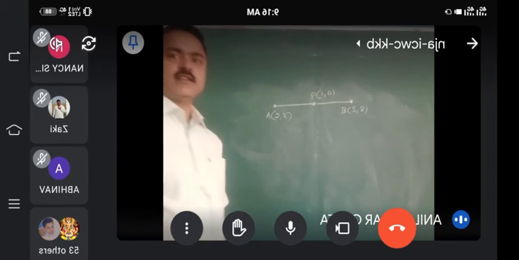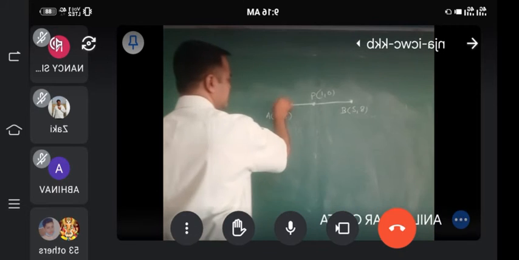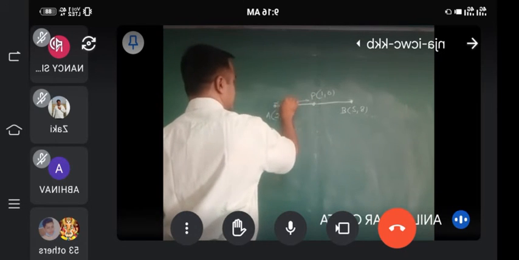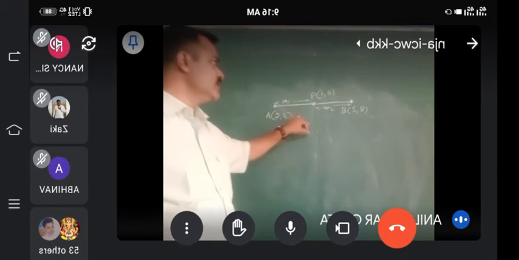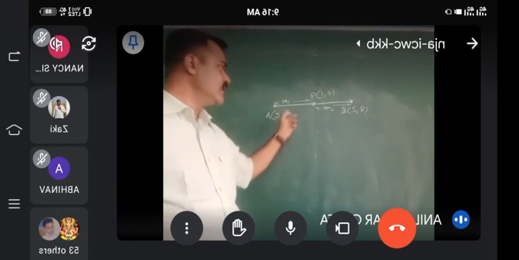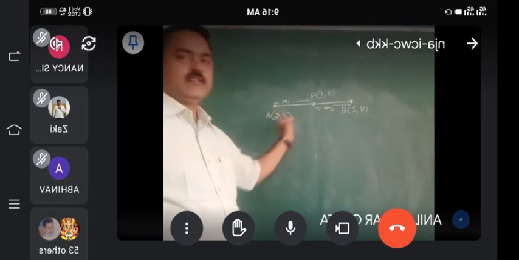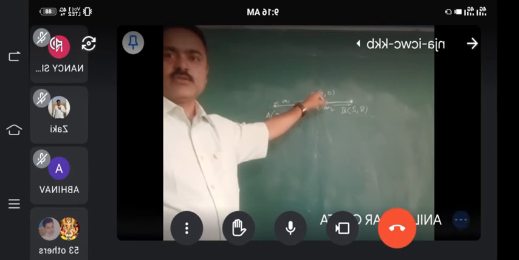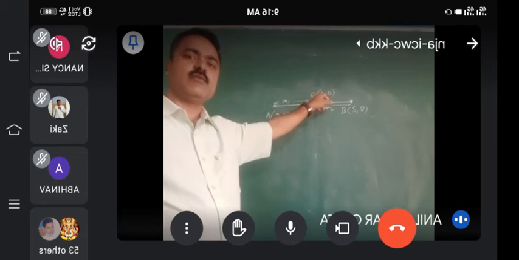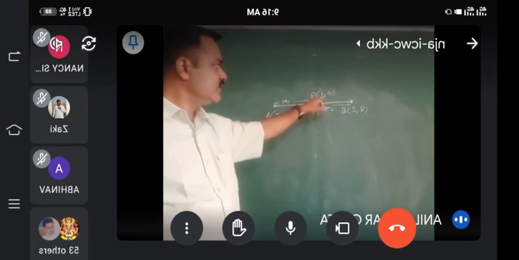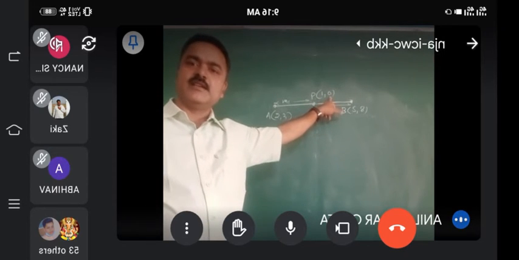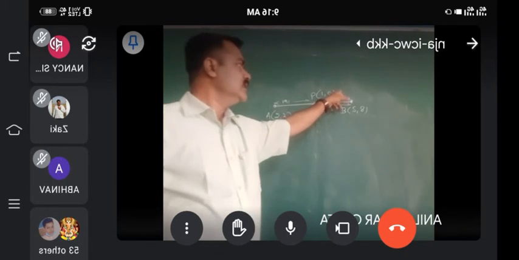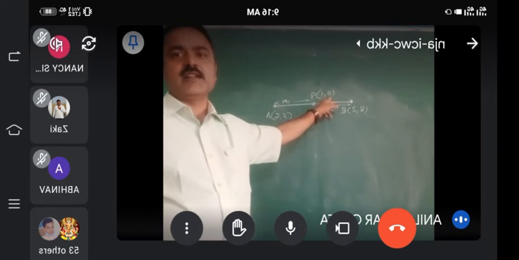Then you may see what is being asked. It is asking for M1 and M2. The question is: find the ratio in which P divides the line segment AB, whose coordinate is (1, 0). The Y coordinate of the point P is 0, so it will be easy for you if you take 0.